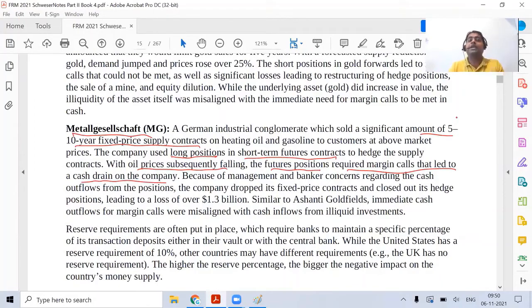And they decided to close out. Whatever long position they had taken in the futures contract, they decided to sell, but the position was so big it would have impacted the price. So that is where this decision of closing can also lead to a bigger problem. The closing of the hedge led to a loss of around $1.3 billion for the company. The main problem was that they did not have immediate cash available. That means a funding liquidity risk. This case is also important. Market is star.